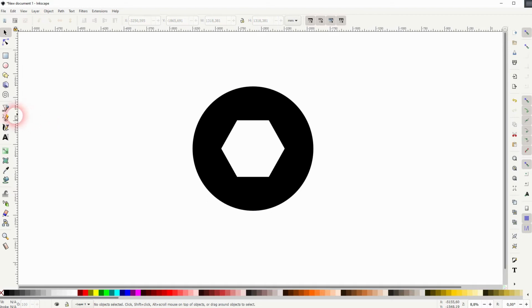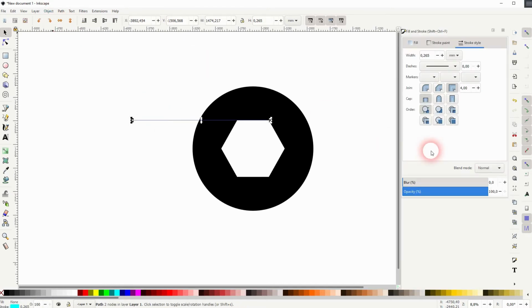The second one is now to use the Bezier tool. Click on both anchor points, so on both corners of the horizontal line. You can use the nodes tool. Click on one of the anchor points or one of the nodes and then drag it to the left while holding Ctrl. Make sure it's selected.